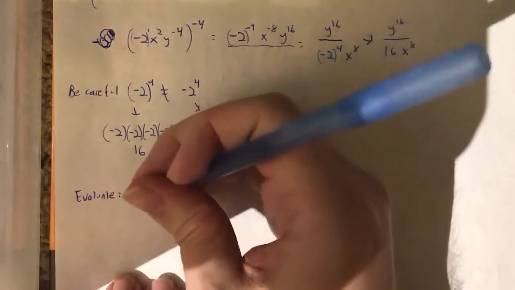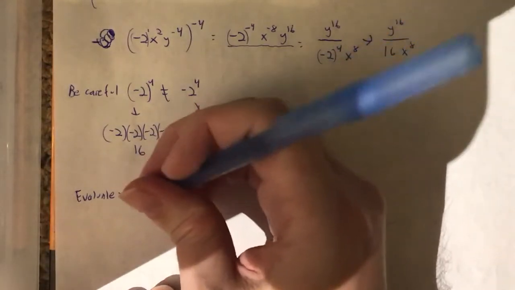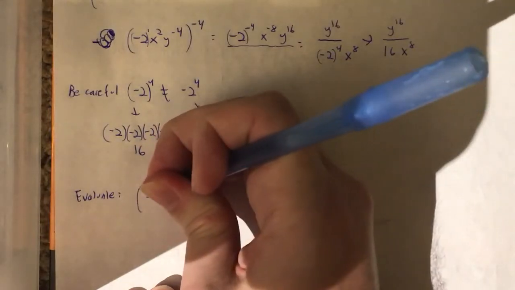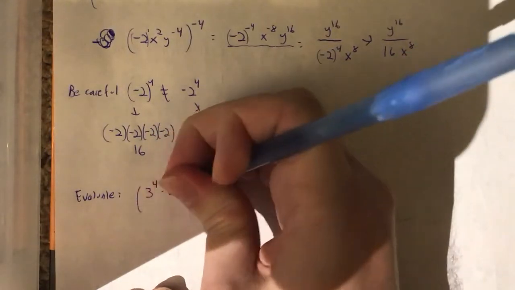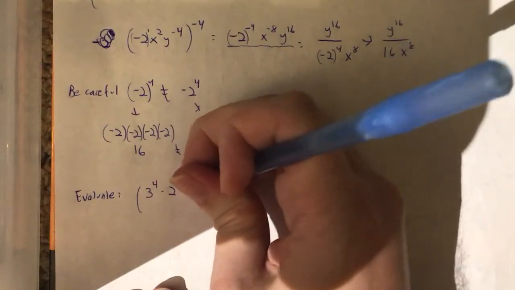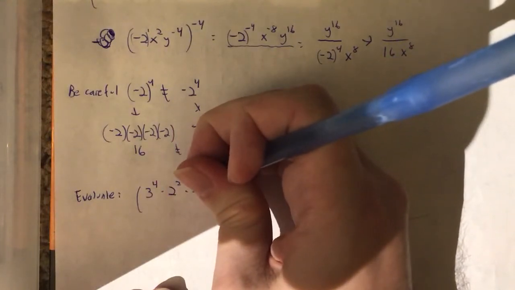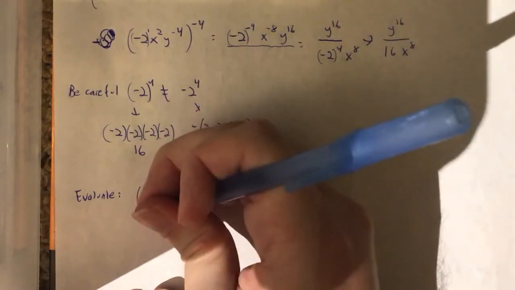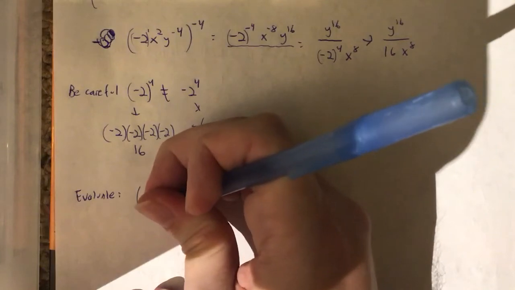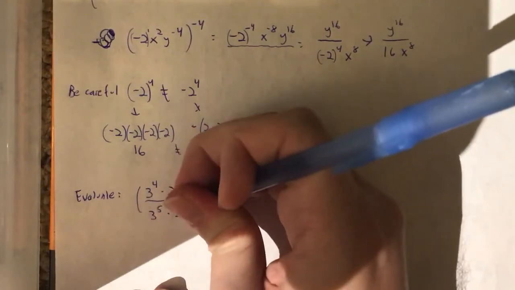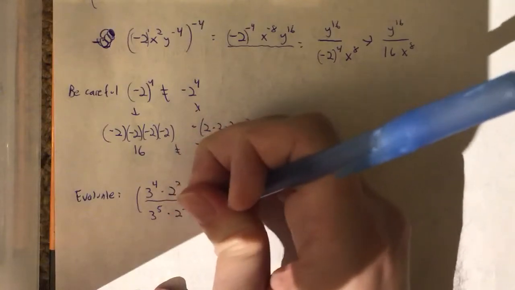Let's say I wanted to do 3 to the 4th times 2 squared times 6 over 3 to the 5th times 2 cubed times 6